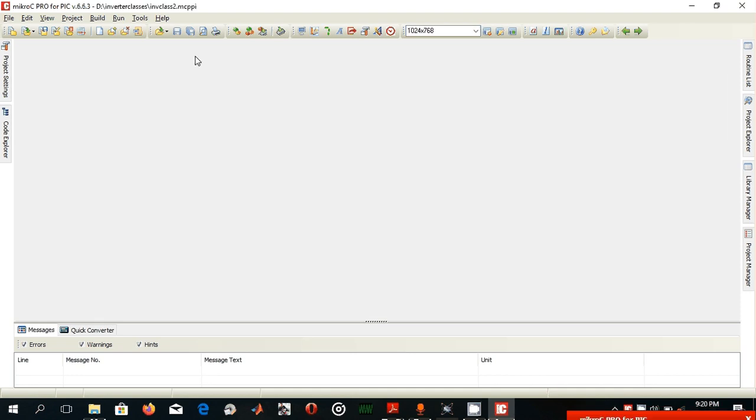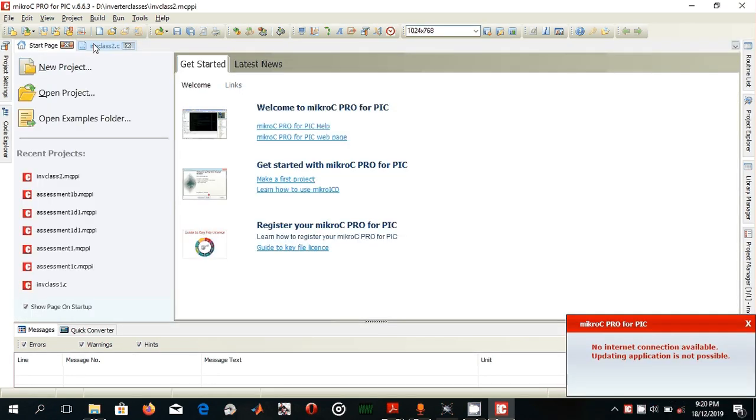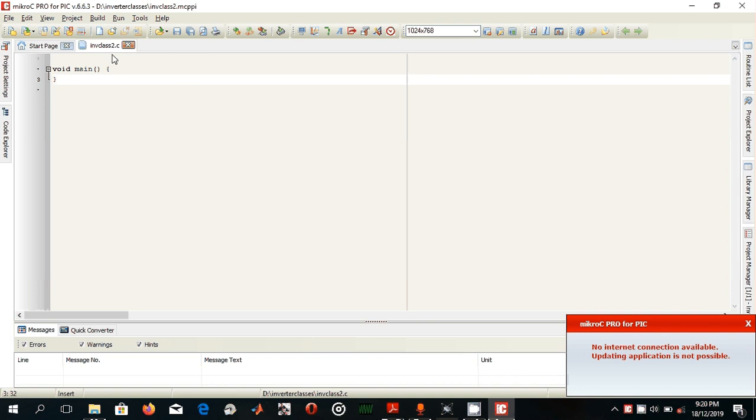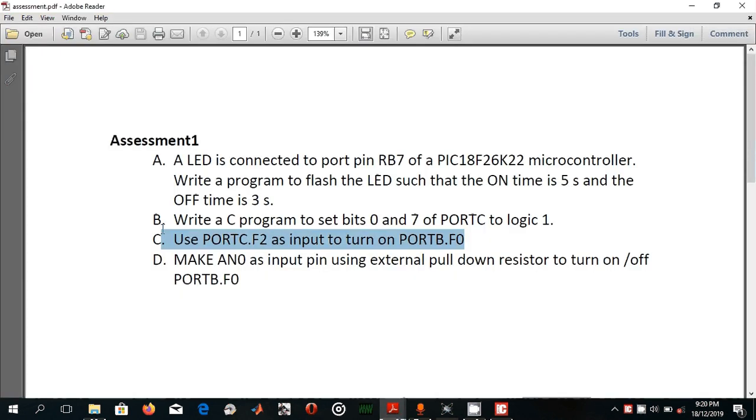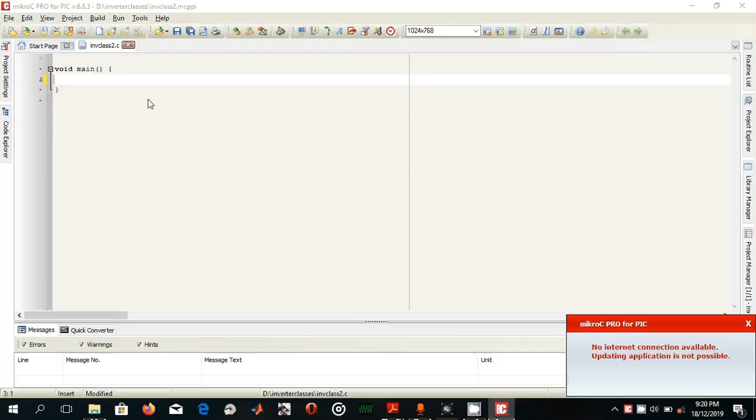So this is our Micro C program. I've already created the project file, that's Enva class 2, and this is the C file. So I'm going to write the program. Before I do that, let's see what we're handling. We want to use port C.F2 as input to turn on